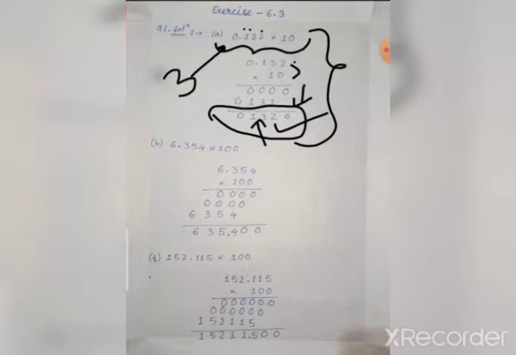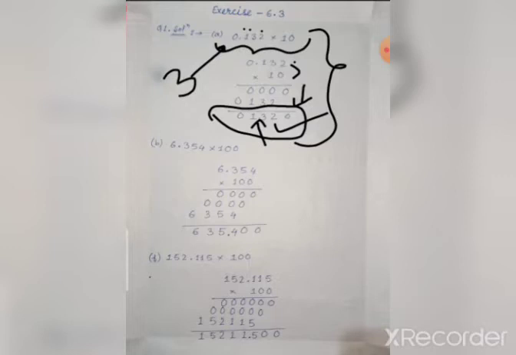Understand? I am repeating again. Multiply as you have done before in previous classes with whole numbers. Then the important thing to remember is putting the point or decimal, after how many numbers we will put it. You count the total number of decimal places in the given question, and then you put the decimal in the answer.